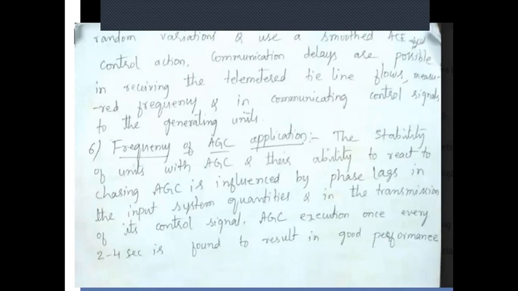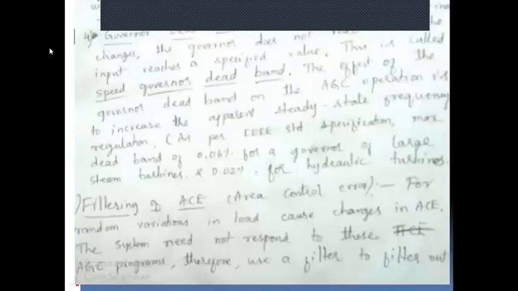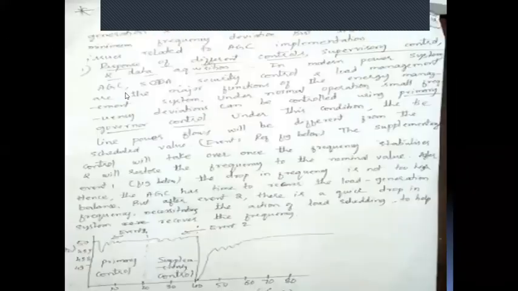So the frequency is also one of the parameters that is affecting. When you observe the frequency of AGC application, AGC execution once every 2 to 4 seconds is found to produce good performance. So these are the various issues in the implementation of automatic generation control.